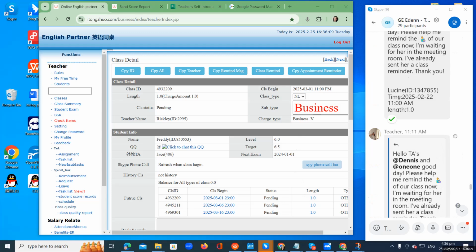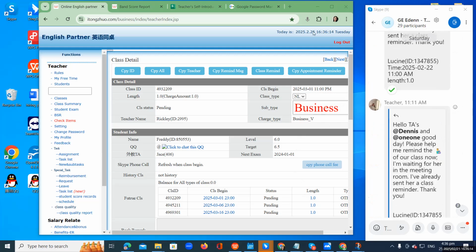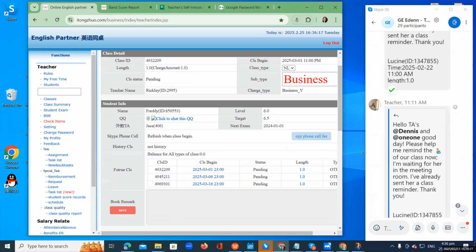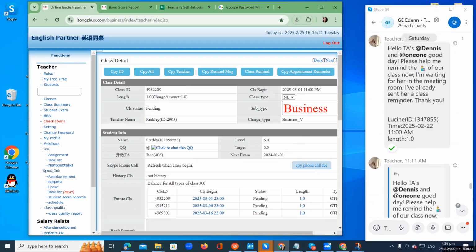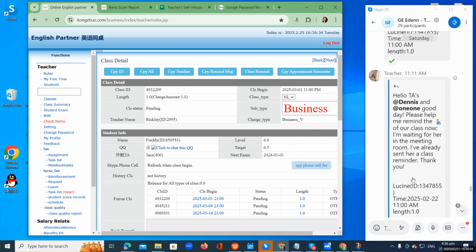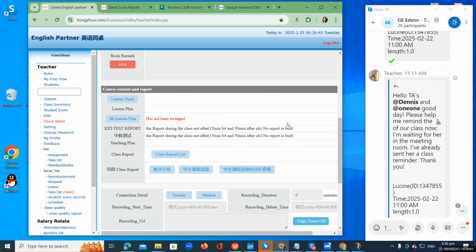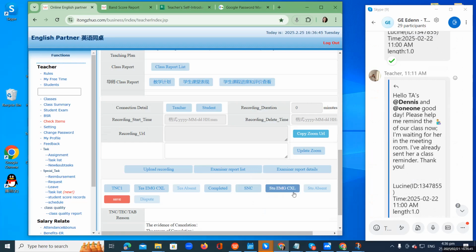So let's say student did not arrive. Then you need to inform TA that student didn't arrive and you already waited 25 minutes, because 25 minutes is the standard waiting time for the class. So you can say that TA, this student did not arrive. Please tag SAB, student absent, if it's an ET class. But if it's an NL class, pwede mo nang itag SAB here. So SAB is student absent. Click this and save.